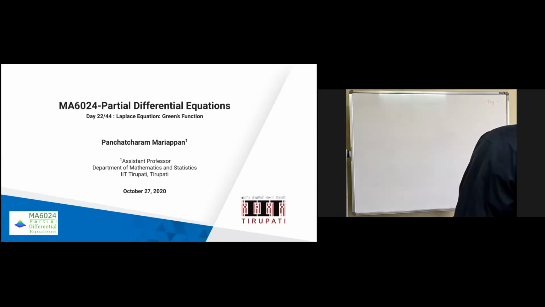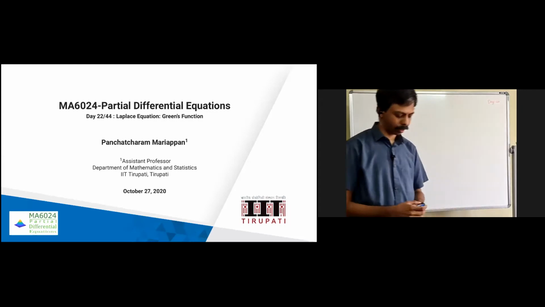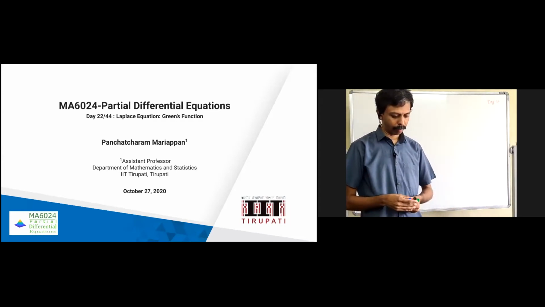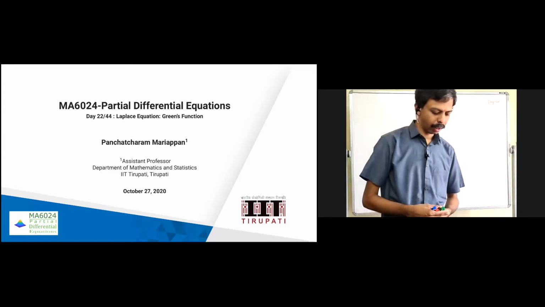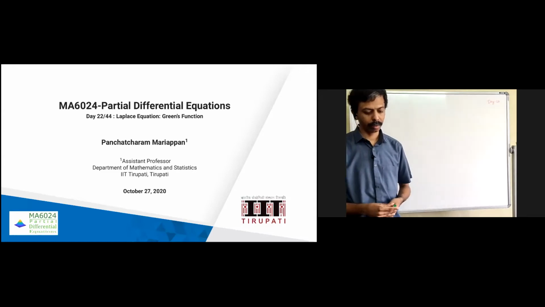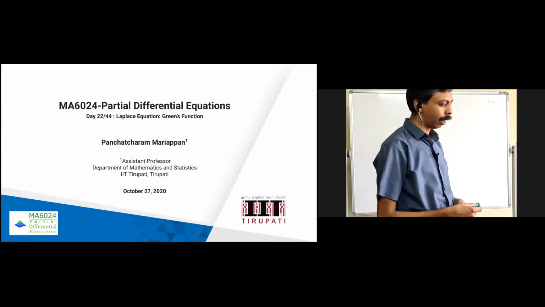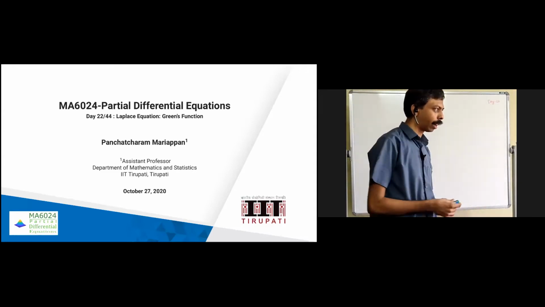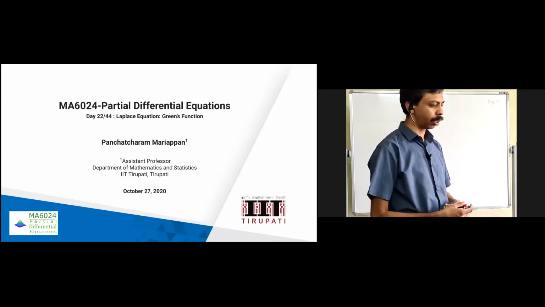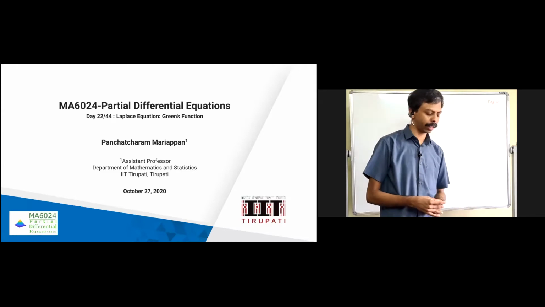So far, we have seen the Laplace equation. We have derived many of the things like the maximum-minimum principle and fundamental solution, and then we proved harmonicity, analyticity, etc. And then we proved Harnack's inequality also. The last class we discussed the distribution, how the distribution is defined, the basic things we have defined.